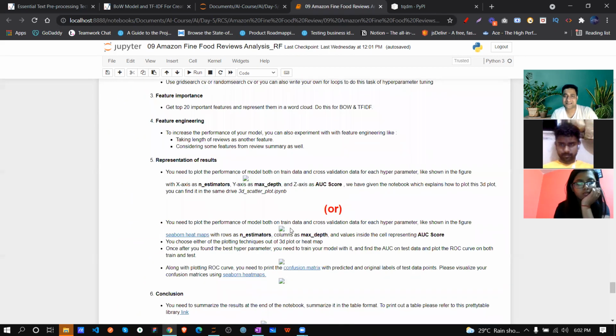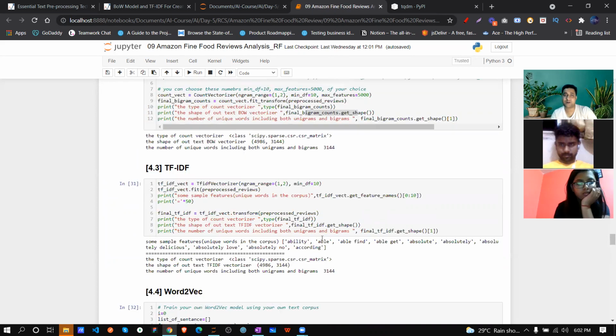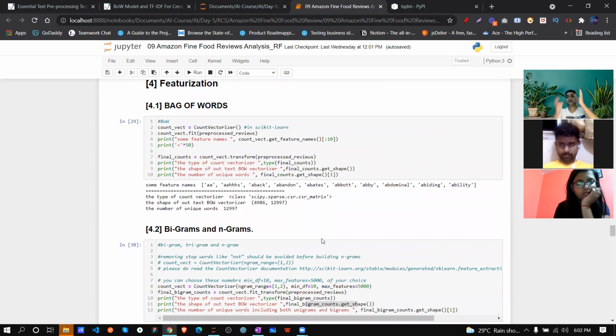Once this is done, why did we do this? Again, this is our target: we have to convert our text to vectors. Once my vectors are present, think of those individual vectors as your data. Now you know decision tree, random forest and other algorithms, so using that you can easily predict.